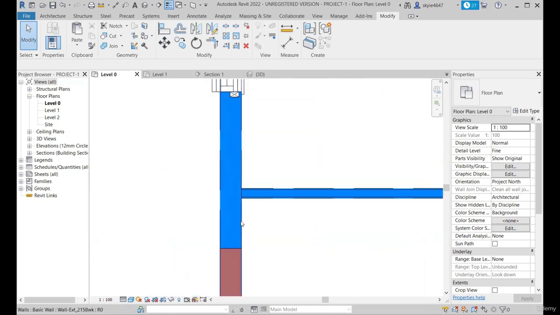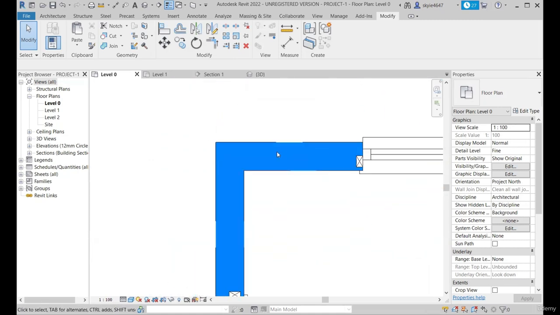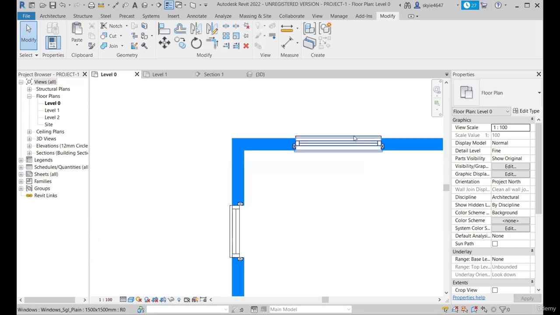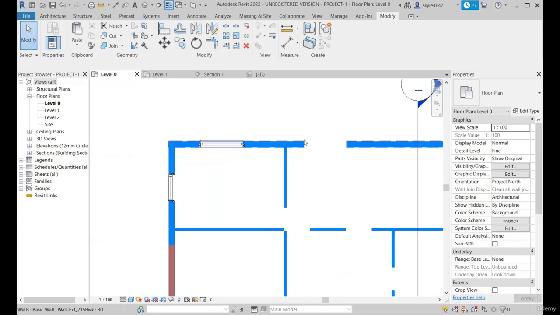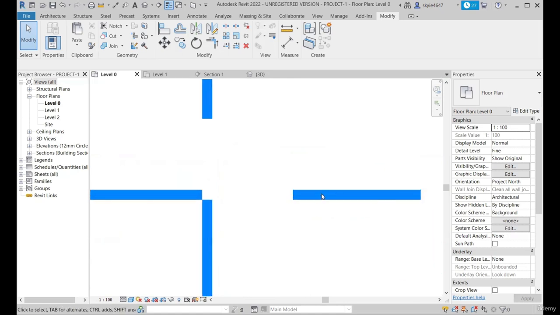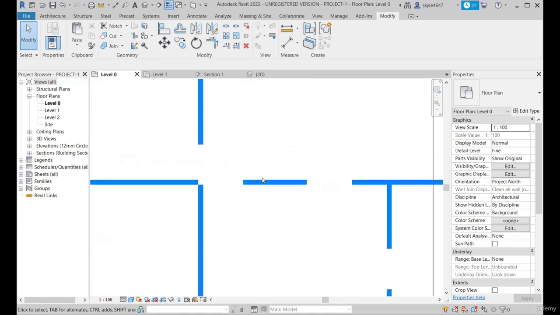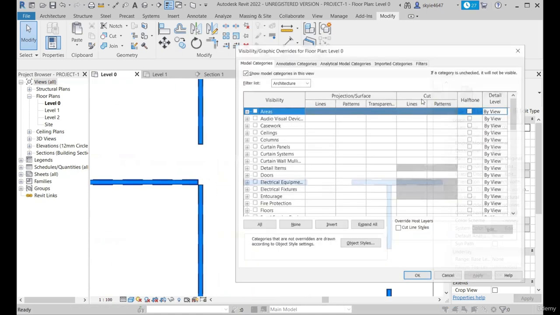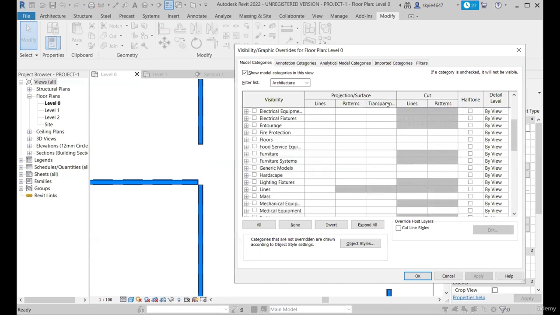As you can see, previously those were continuous solid. Now you can see there is a change in patterns for these elements, wall elements. My grids and other doors are also off. Now you can see the line pattern has changed. So you can change both the lines as well as the patterns for the cut and the projection